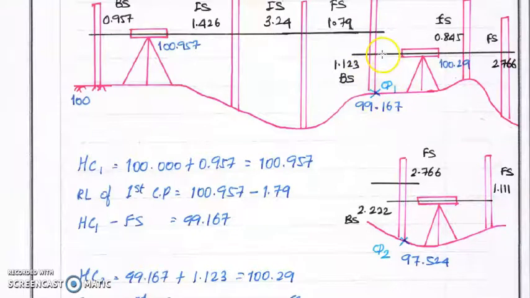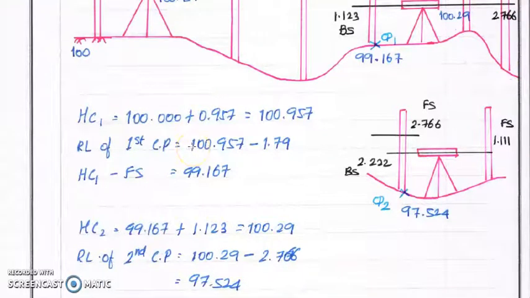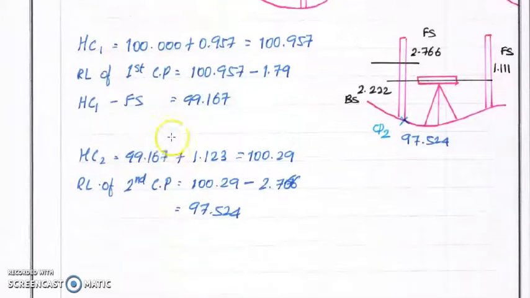What about the RL of this? In order to get the RL of this place, we need the RL of this line of sight. For this purpose, RL of this point plus backsight, because it will be considered a backsight. After the change point, the first reading will be considered a backsight. So RL of this point plus backsight gives the RL of this line of sight. After finding it, RL of the line of sight minus this reading gives the RL of this place. It's a very simple problem if you know the concept of line of leveling. This is very important.